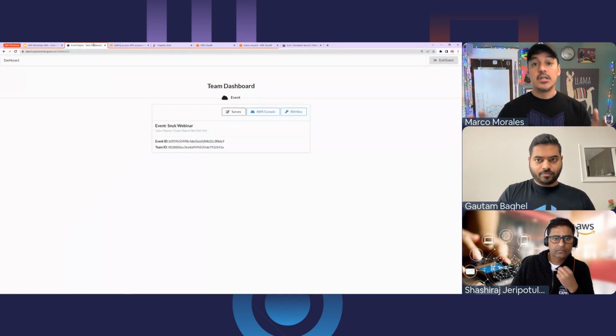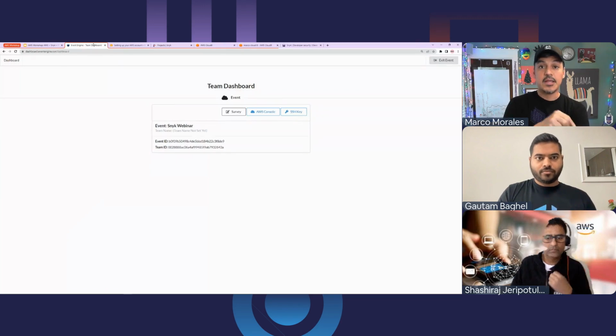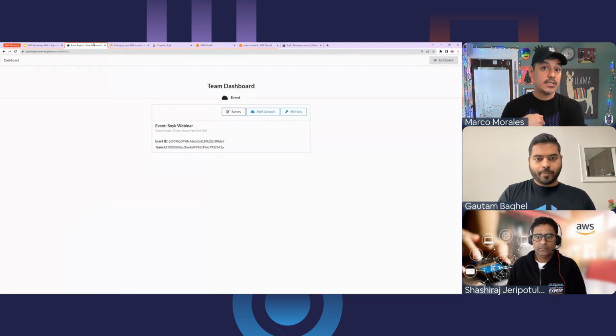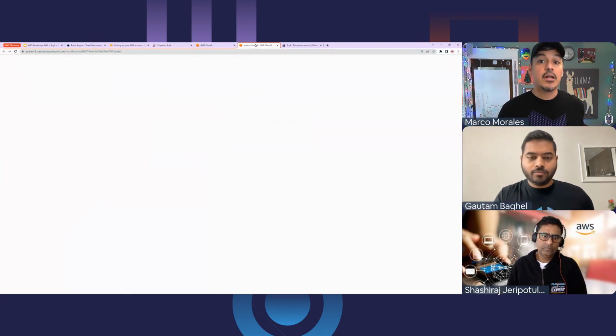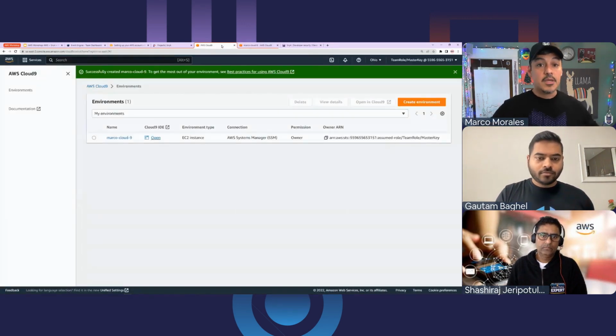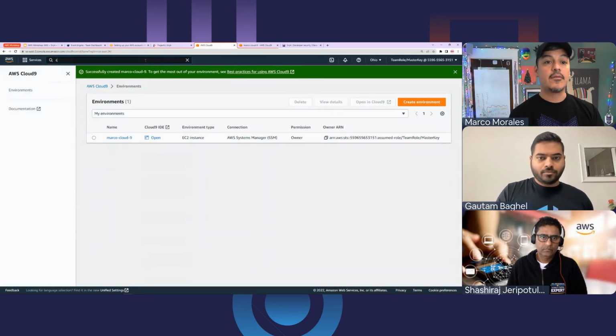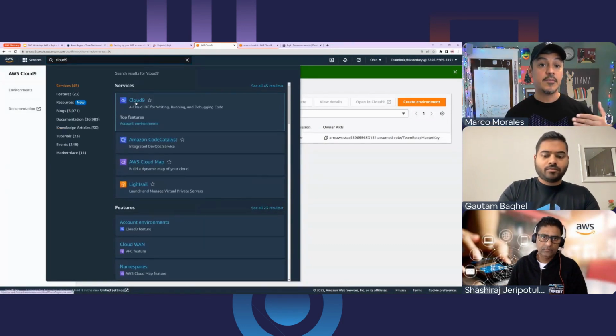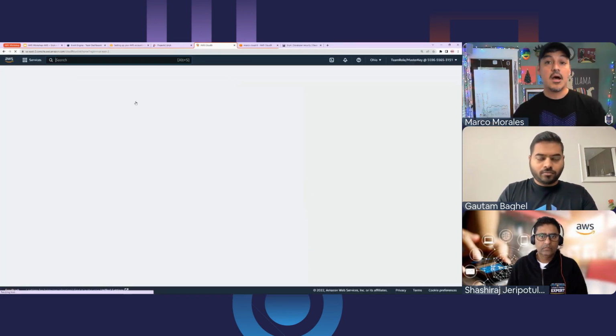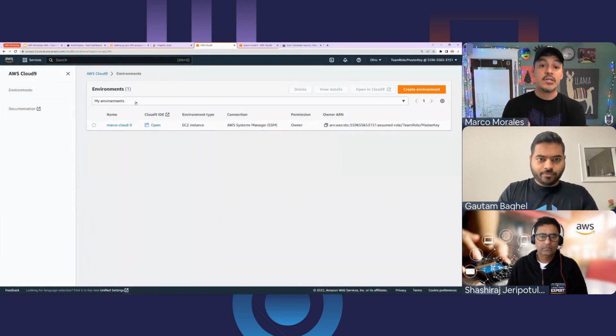If you navigated to the event engine, you probably have seen this kind of screen. If you've gone through entering your username and getting your password, you get an email code sent to you and you log in. When you click on the AWS console, you're going to be brought into an AWS environment. And to set up your Cloud9 environment, you just type in Cloud9 and click on this item here to find the right service. I'm going to navigate back to the workshop.